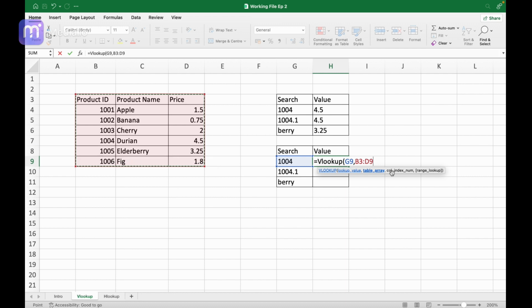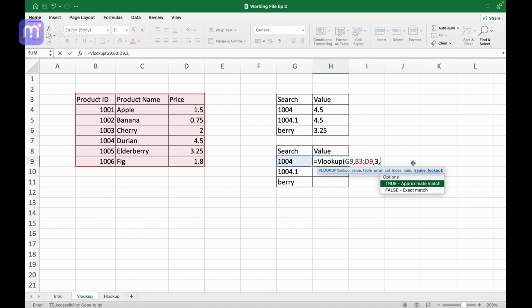Okay, now the column index number will be the column in the data set from where you want to retrieve the data. In our case we want to retrieve the price, and our price column is the third one. You can see over here that my price column is in D, but instead of applying 4 I am using 3. This is because when you are using the VLOOKUP function, you don't have to start from the very first column. Instead you have to consider as first the column in which you are searching your data. By this method, the price column is third: first, second and third over here.